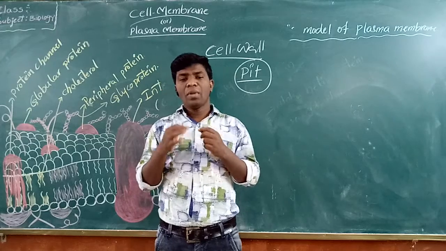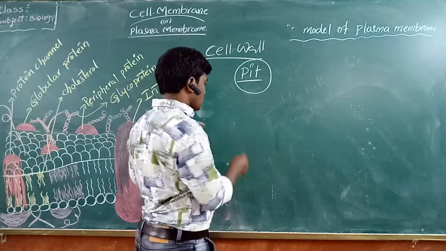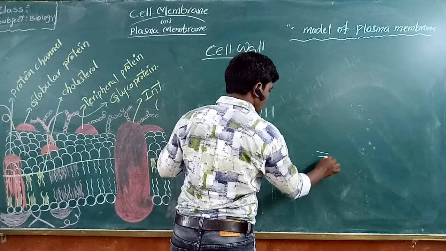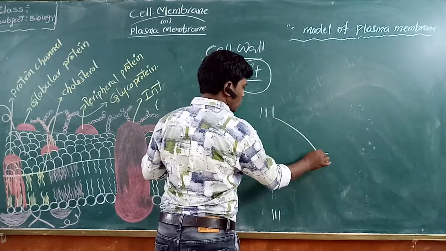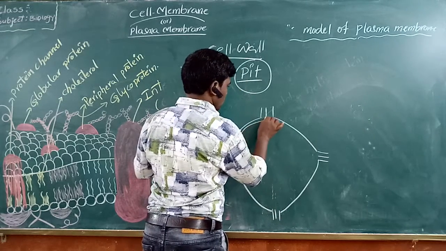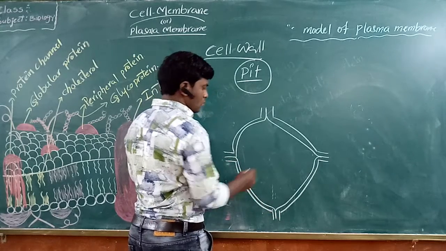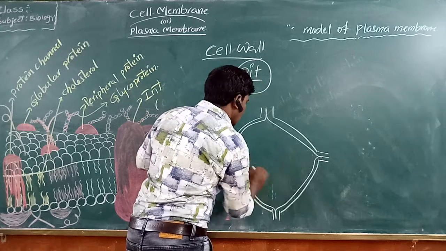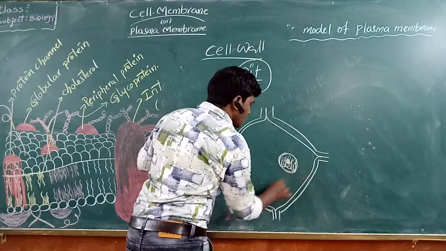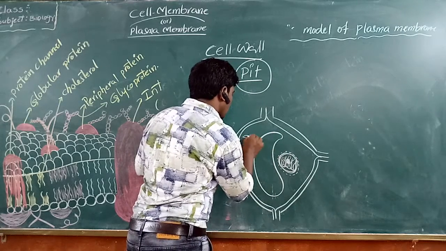The cell wall and middle lamella are traversed by plasmodesmata. For example, just imagine that this is a plant cell. In the plant cell, the nucleus is present at the corner of the cell. This is the nucleus, with genetic material and nuclear pores. This is the vacuole, and some chloroplasts,